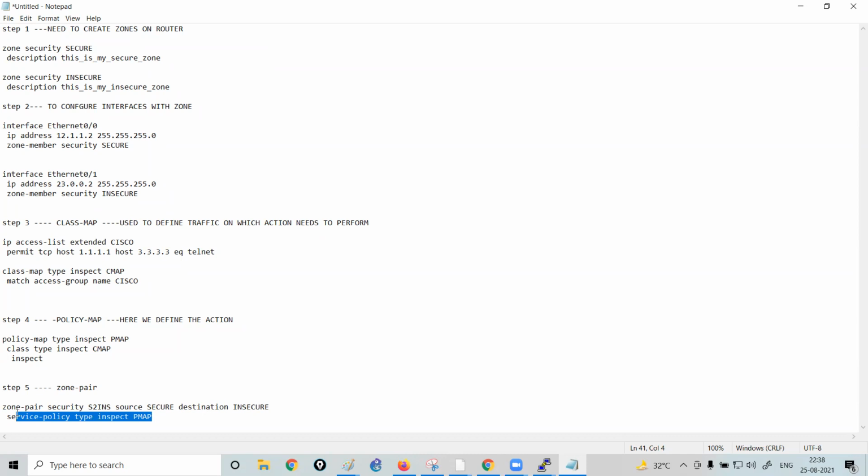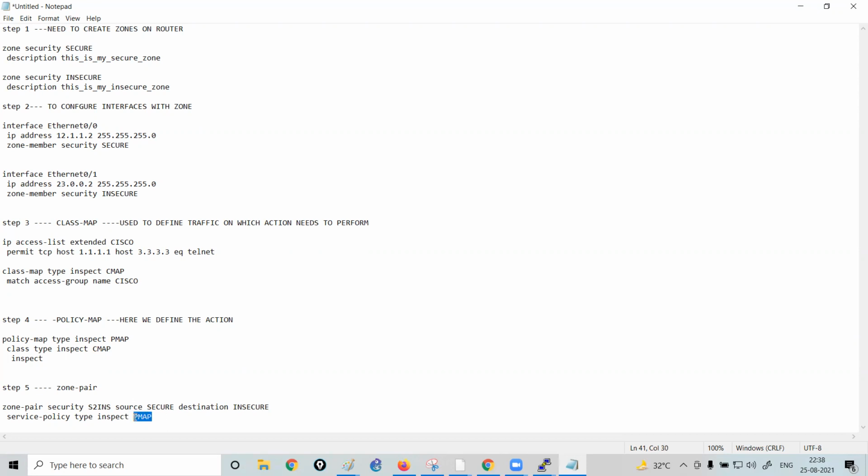See, it is similar to the ACL. In the ACL, you always call the ACL under an interface of the router. Am I correct? So similarly, you have to tell your router that whenever you receive traffic from the secure zone, which is forwarding to the insecure zone, you have to perform the action according to the policy map which has the name PMAP.